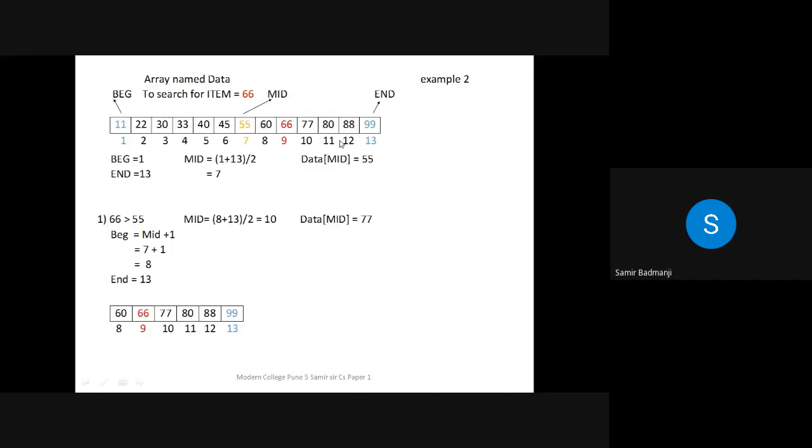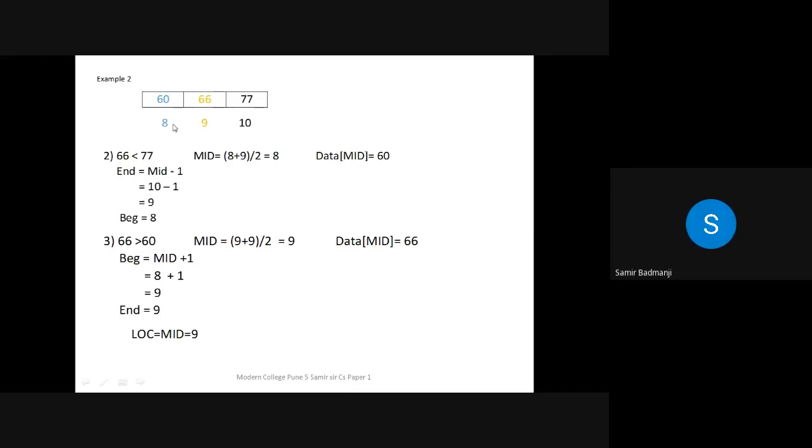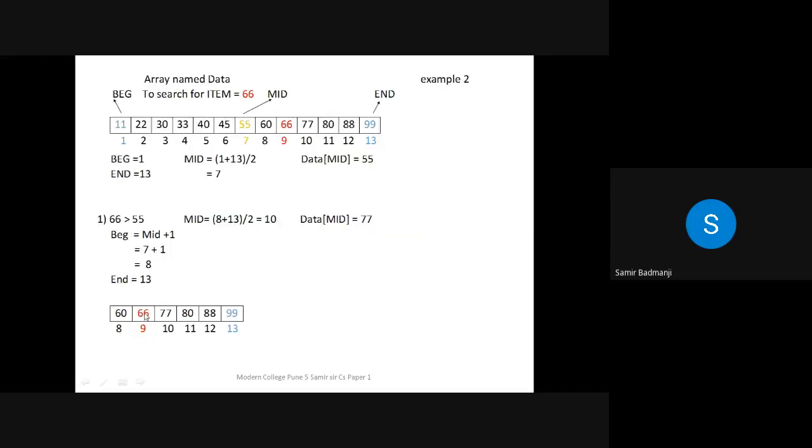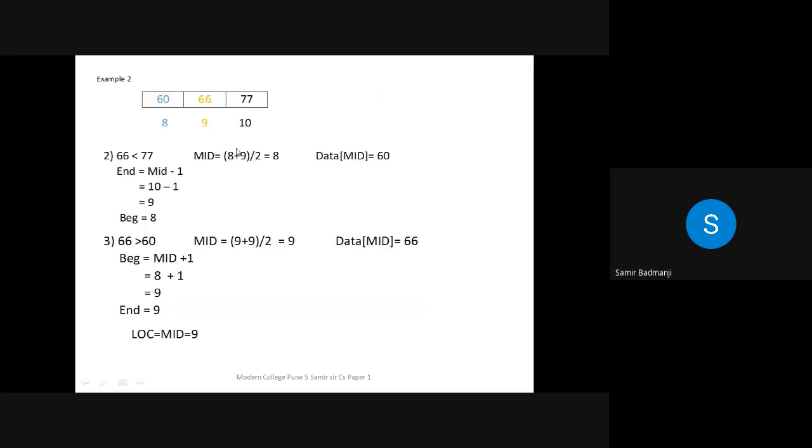See, now 60, 66, 67, because we are ignoring the data mid we have found and the element to be found is in the previous part. So 60 is the new beginning and the end will be what? 77. So you can just see here 60, 66 and 77.